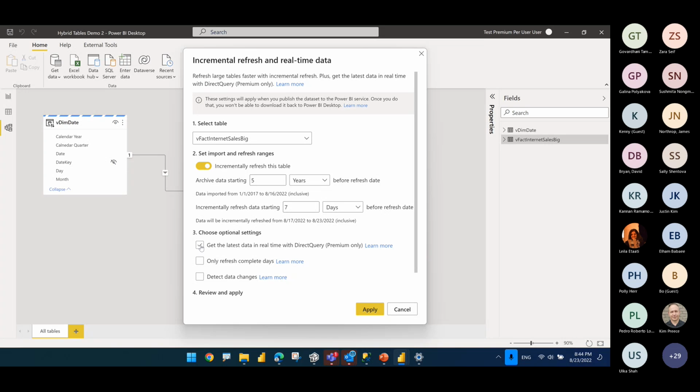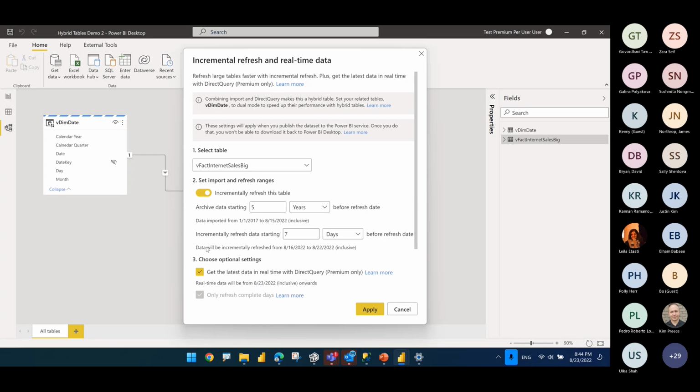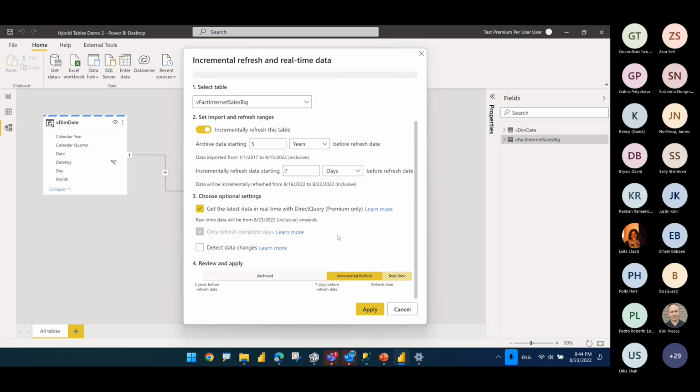And this time I'm actually going to also enable the direct query. So now what's happening is that data from 8/16 to 8/22 is going to be incrementally refreshed. These are our imports. And then from 8/23 onward, it's going to be direct query.